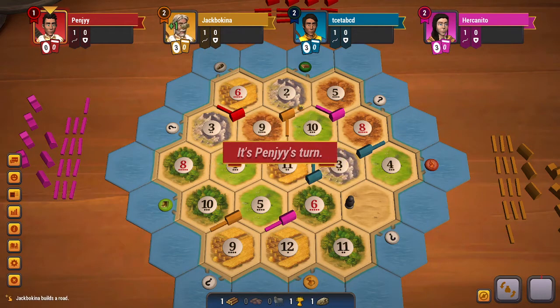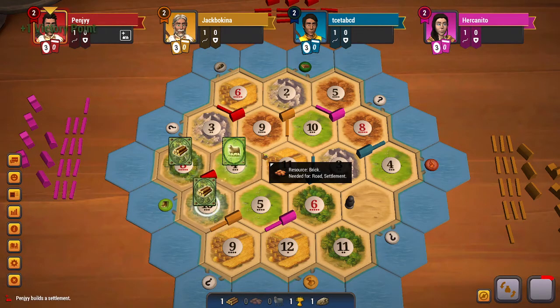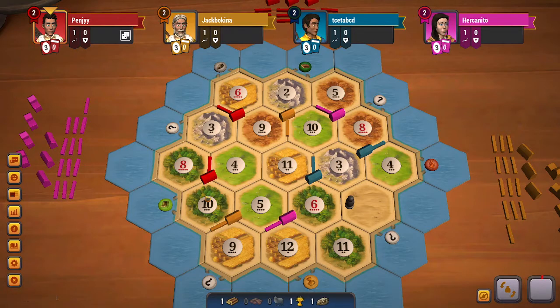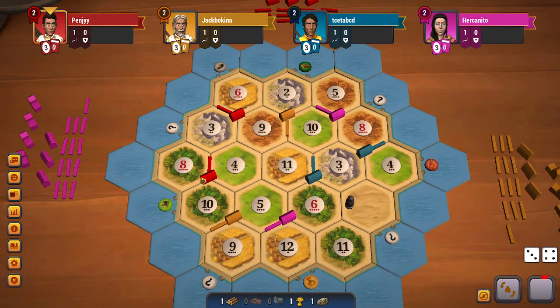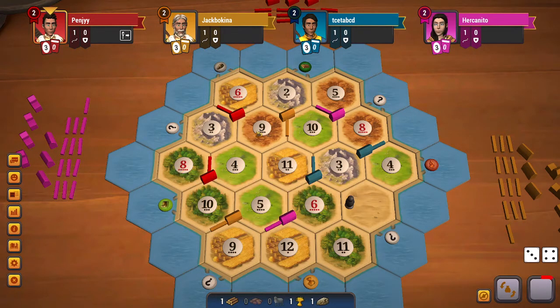Wow. So yellow here goes for 9, 10, 2. I think that's completely a mistake. So here red can easily go for something like 9, 4, 11 and could have built here. But actually red has a very strong game. They have the best ore, wheat, wood, a very strong brick,